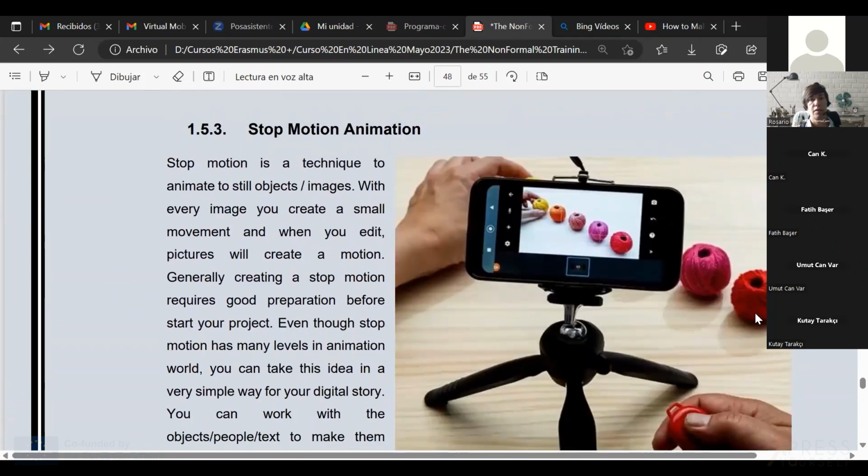And then the stop motion animation is a funny technique, a good one that you can use, but you need to practice with it if you haven't done it before, because it requires you to be very detailed with it. What you do here is create motion by taking shots of something at different moments of the movement. Look at this here.